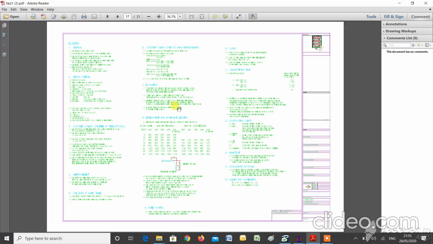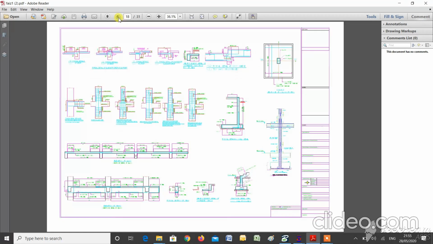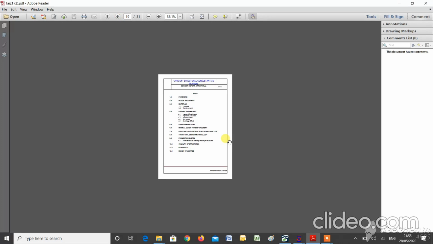Then you should be in a position to prepare this general notes, then typical details, and then the DBR. So all this you need to learn. So if you need to become a structural engineer, you have to be in a position to do all this. Learning ETABS and STAAD alone will not help you in any way. You have to learn STAAD and ETABS along with the detailing part. The detailing part, just know what I explained.